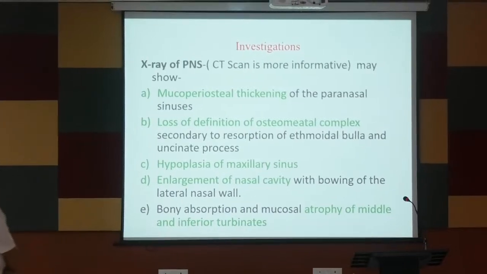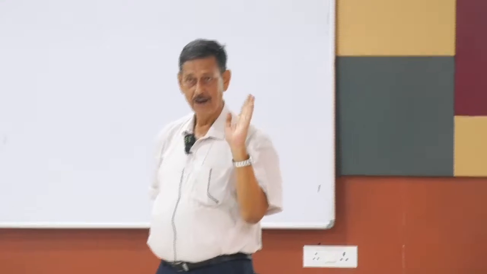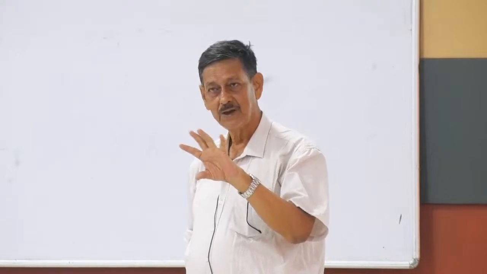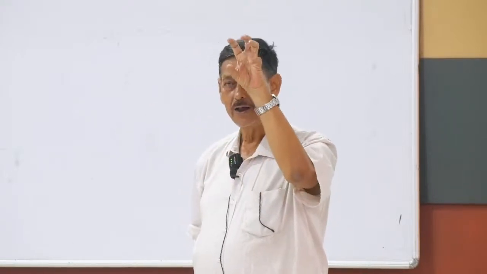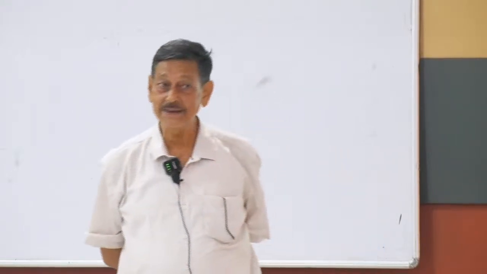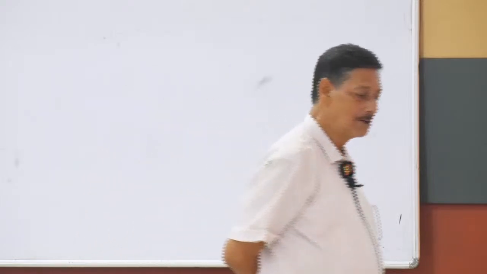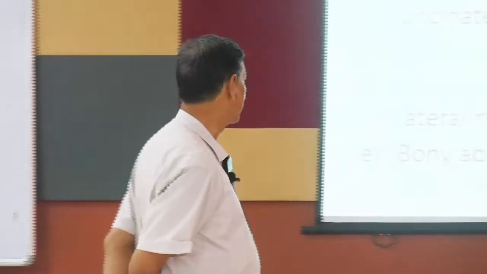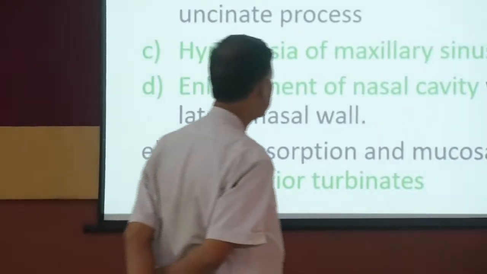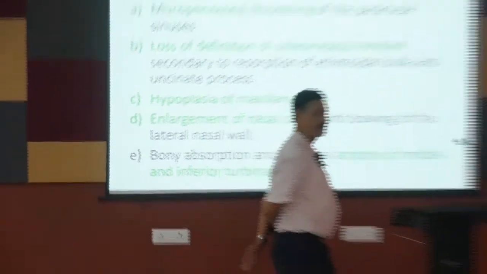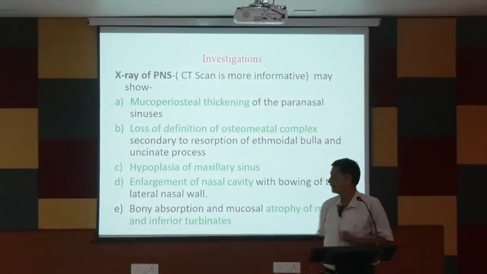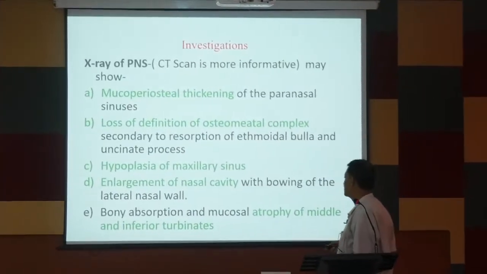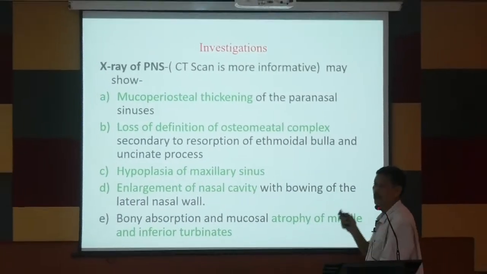কি বলে, আনসিনেট প্রসেস, আনসিনেট না, ওটা কি বললাম জানো, তারপরে অস্টিয়াম, তারপর বুলা এথময়েডালিস, এই সব এলাকাটা যাতে এন্ট্রান্স টু দ্য anterior and the posterior ethmoidal cells যে স্ট্রাকচারগুলো পড়ে সেগুলো সব হয়ে গিয়ে ঠিক মতো স্ট্রাকচার নেই, loss। তাহলে আনসিনেট প্রসেসটা এবং বুলা এথময়েডালিস অ্যাবজর্পশন হয়ে যাওয়ার ফলে জায়গাটা তোবড়ে গেছে, কিছু স্ট্রাকচার বোঝা যাচ্ছে না।